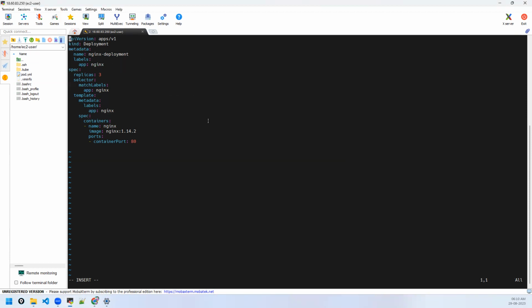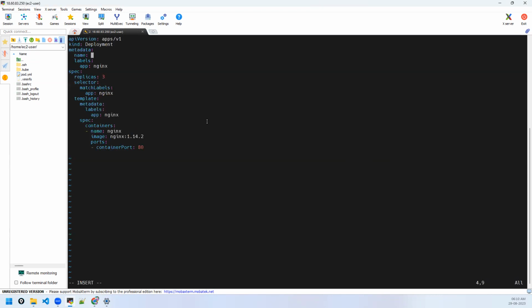Before this, let me just modify with our values. I just want this to be deploy one. Label is app v1. Okay, replicas are 3 here also. See the label, this label is the label of the pods. App v1. Containers. The name of the container is, let's say, deploy v1 container. Okay, and then the image, and the image is